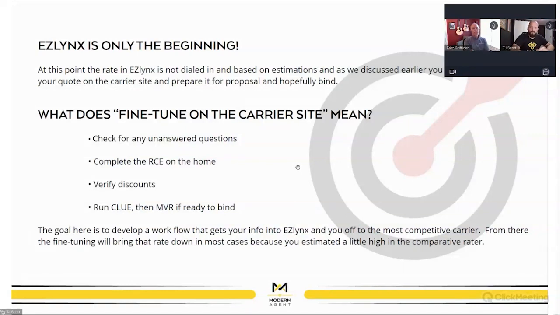Yeah, and related to that, as TJ and I were preparing this, he was sharing his insights from his work selling and working with agents. The idea is that EZLynx is a time saver if you can use it to save all that data entry time, because the data is now in all the carriers. You get direction on which carrier to go to, and can pretty quickly hop into the carrier that looks like the best fit, so that you can do this step.